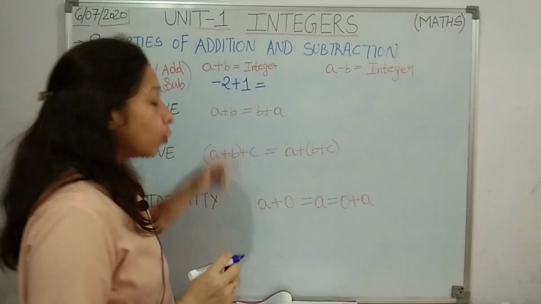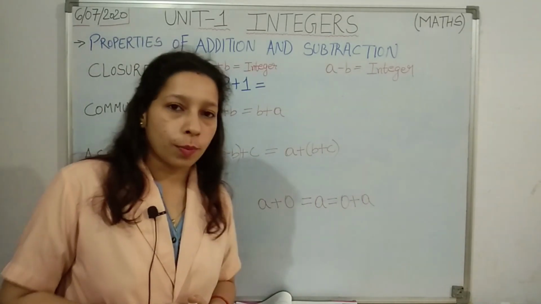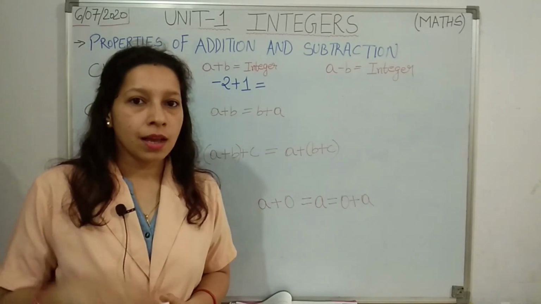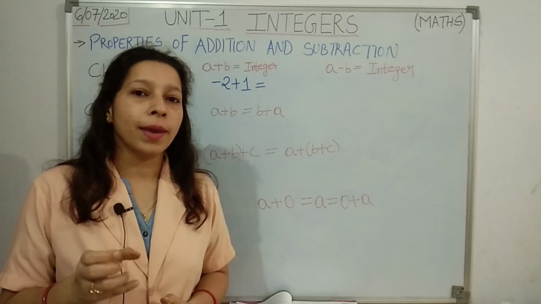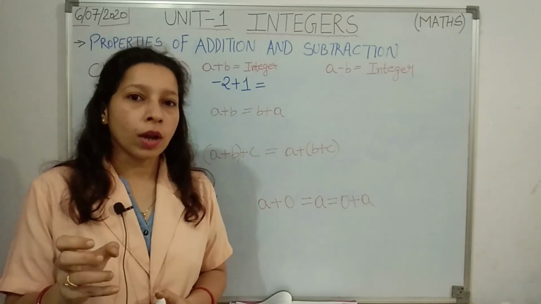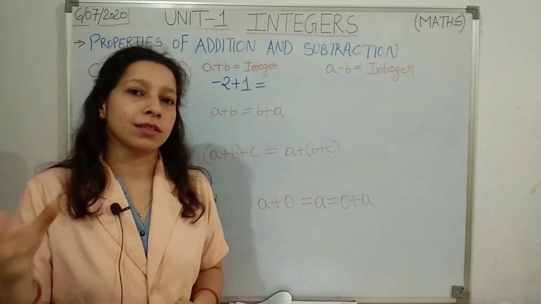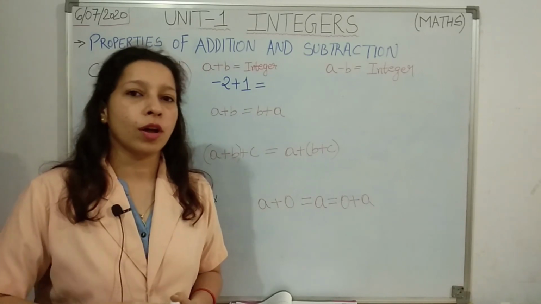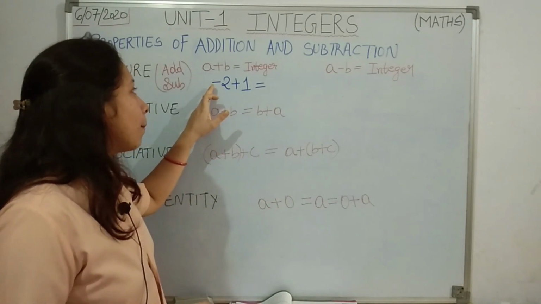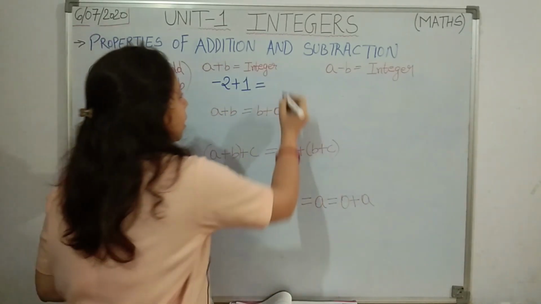So students, you have studied these rules in your 6th standard, na? Let's revise that, then we will move to the properties. Plus plus, when summed up, you will get plus. Minus minus, on clubbing, you will get plus. Then plus minus, on clubbing you will get minus. Then minus plus, on clubbing, again you are going to get minus. So the same rule we are going to apply here. Minus plus, minus plus minus you will get. So 2 minus 1, 1.